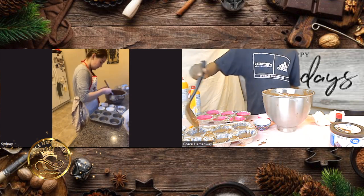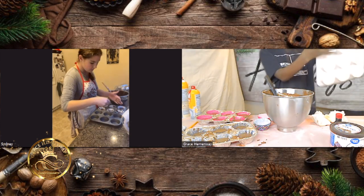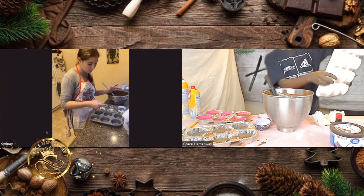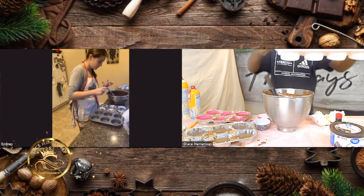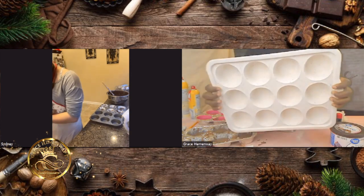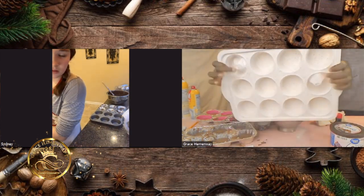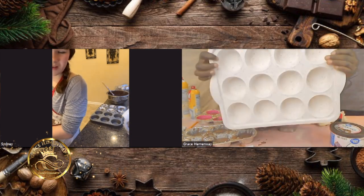more than 18. So this is kind of like a poppetish kind. You have to put butter on it. So, do you think we'd be able to actually put it in? It's kind of like a squishy kind of. So